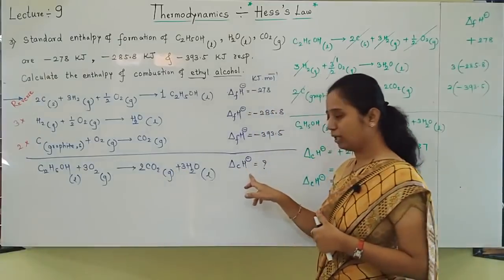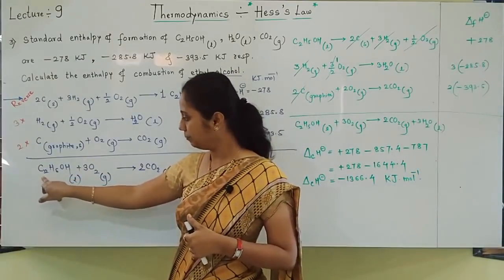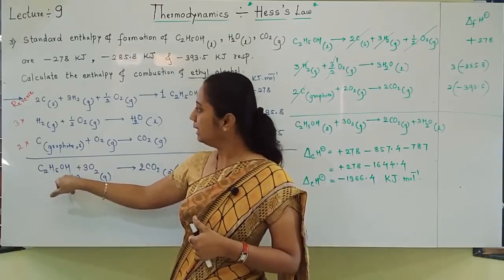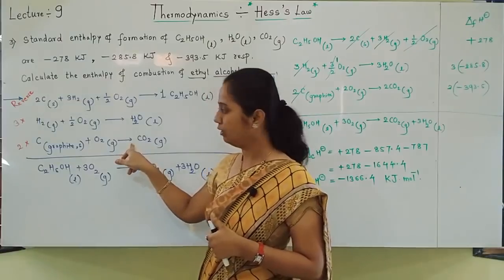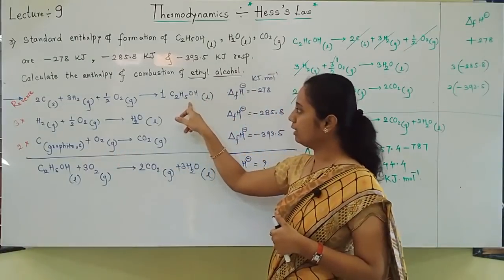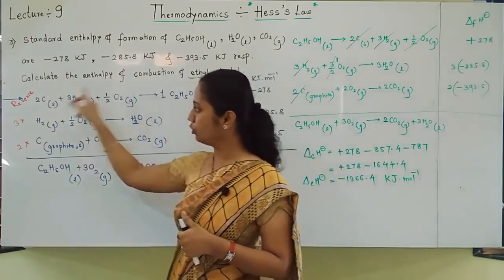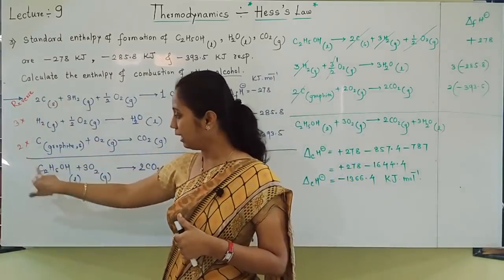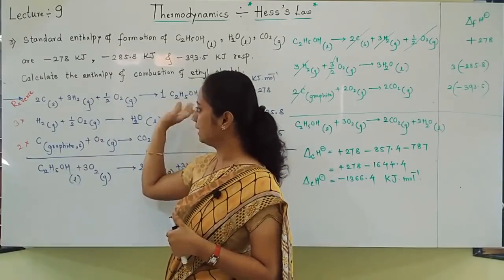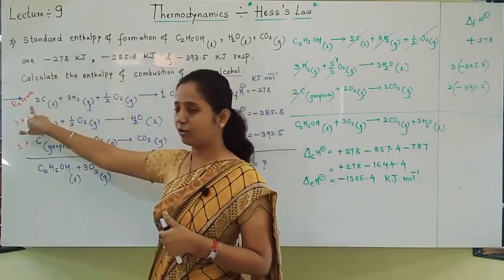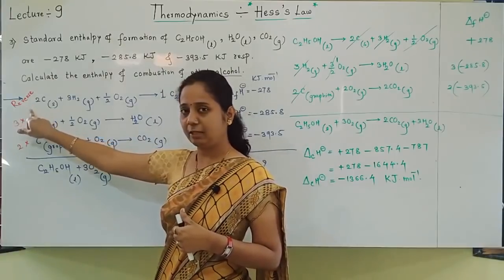Whose enthalpy value do we have to find out? Start from its reactant, here it is ethanol. Search for ethanol on the reactant side. You did not get ethanol there, but you can see that ethanol is on the product side. So first equation you should reverse, because we want ethanol on the reactant side but it is present on the product side. So reverse the first equation. This I have highlighted. You should write this very properly.